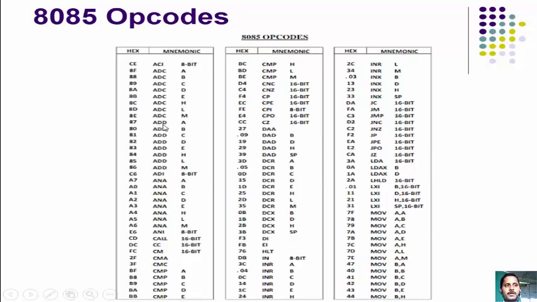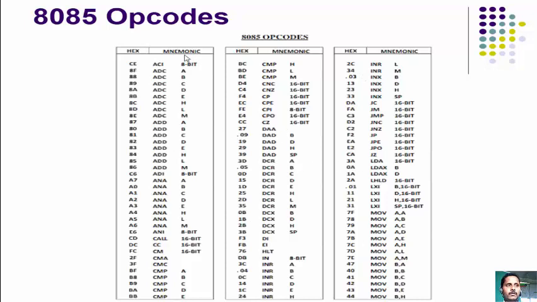ADD indicates a simple addition operation. Suppose the ADD B instruction is there, so it indicates an addition operation. The accumulator register content gets added with the B register content, so A plus B, the result you are getting in the accumulator, and its equivalent opcode is given at the left hand side, that is 80 hex, the hexadecimal operational code. Likewise, a total of 70 to 74 instructions are there, and their operational codes or opcodes are given in this particular opcode sheet.